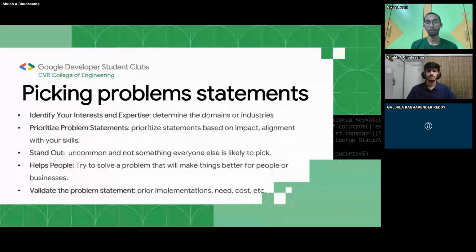Consider your skills and specific interests you are passionate about, and prioritize the problem statements. Once you have a sense of your interest, prioritize the problem statements that your team is interested in. Look for a problem statement that you feel confident about and can complete within the given timeline. So pick a problem statement that matches what you're good at and what you like to do.